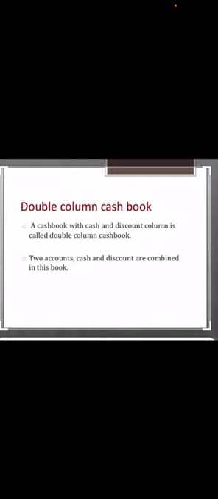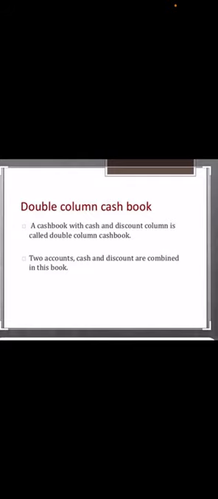Okay, see, these days bank transactions are very large in number. So in any organization, as far as possible, all receipts and payments are effected through the bank. So a businessman generally opens a current account with a bank. The bank does not allow any interest on the current account or on the balance in the current account, but it charges a small amount called an incidental charge for the services rendered.